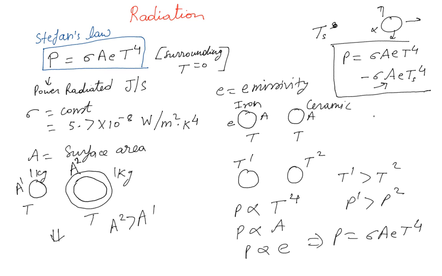So a better emitter is also a better absorber, which depends on E. So usually black color, as we see, is a good absorber and a good emitter. That's why we have black umbrellas. So the surrounding is at some temperature, the surrounding is also radiating because of the temperature, and this radiation is absorbed by the object. So this is the original radiation, but it also has a subtraction because it's going